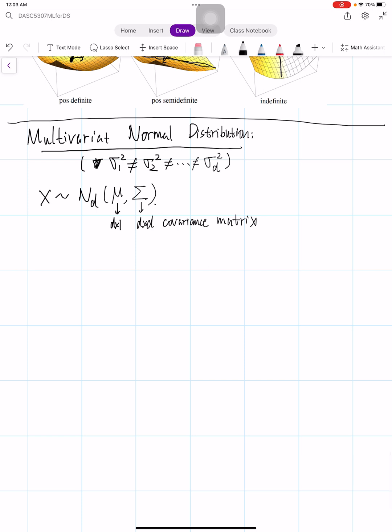Okay, actually, if X follows a multivariate normal distribution, the PDF of X is given by the exponential of the quadratic form: X minus mu transpose sigma inverse X minus mu. Okay, we have these quadratic forms,